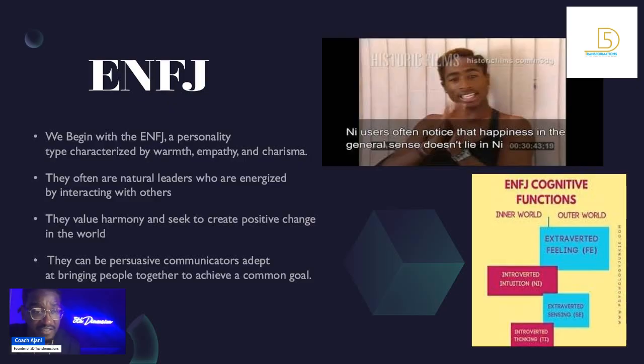The introverted thinking is last, and that introverted thinking is what powers them forward. They focus on moving one step at a time, which makes them very present, and they are slowly developing information along the way. It is a buildup until they have a major intuitive moment. So, when you have introverted intuition and introverted thinking as your internal functions, your inner world is constantly gathering information one step at a time and leading up to this major realization that you'll have with introverted intuition. Once you have that major realization, you're charged up, powered up, you reach a new level, and then you can go back into the world and communicate even more powerfully.